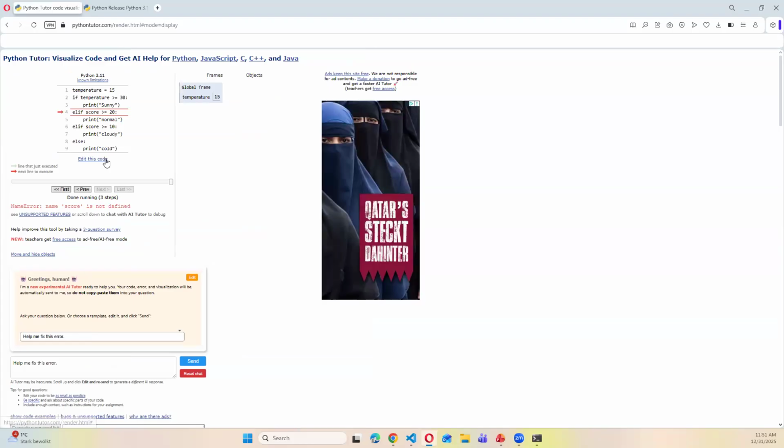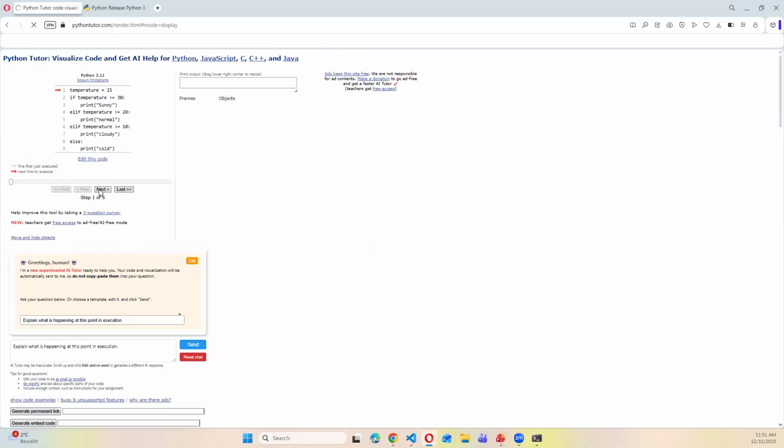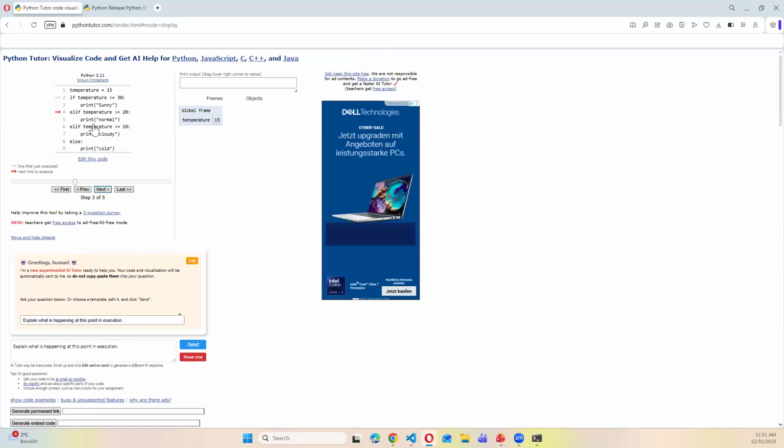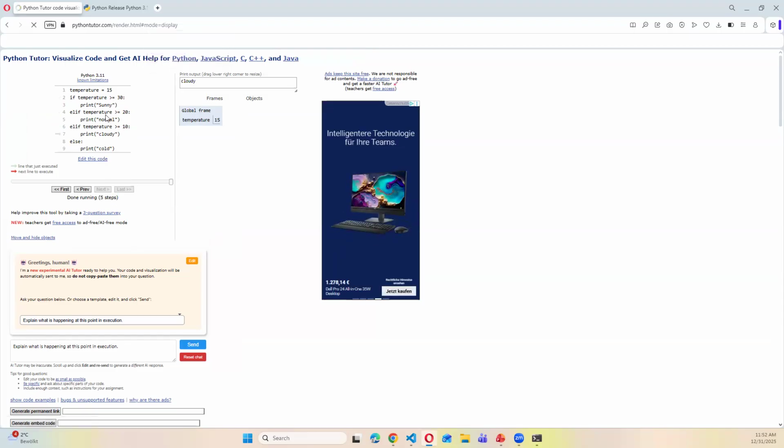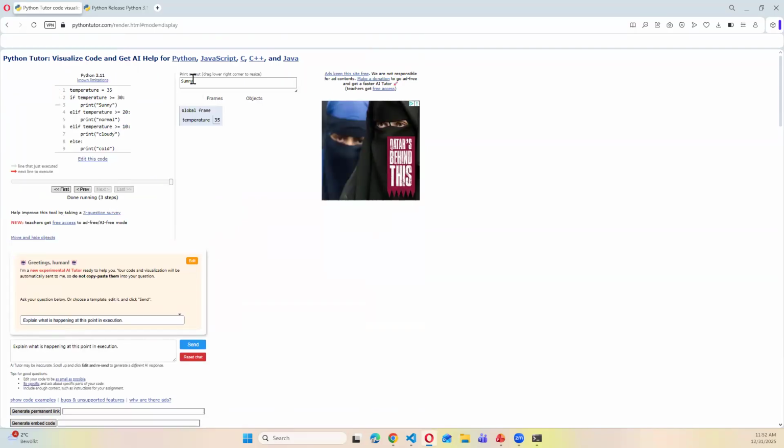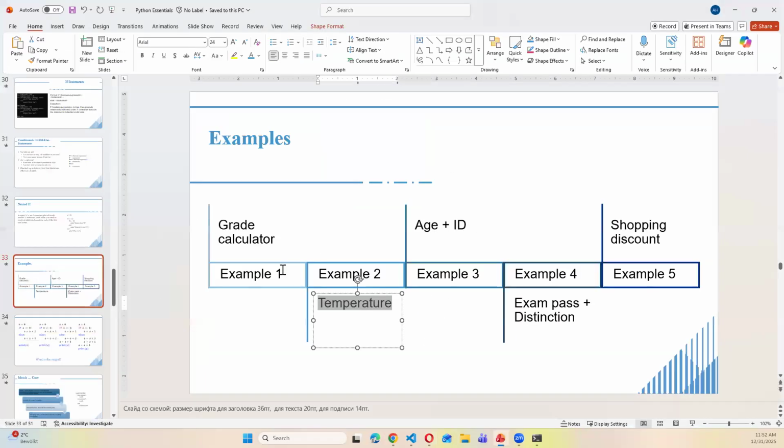Okay, now it will compare. Temperature: we compare 15 with 30 (greater than or equal). It says no, not sunny. Then the next condition: is 15 greater than or equal to 10? It says yes, so it prints cloudy. So it is cloud. The same goes with others. If the temperature is like 35, it will give you the first condition. It will go and just print sun, because 35 is greater than 30, which means the weather is very hot.